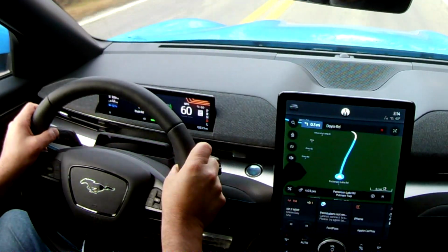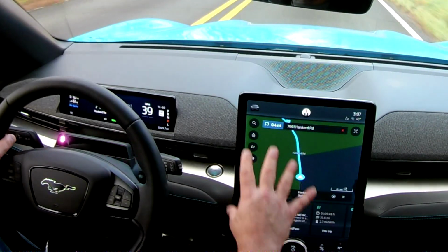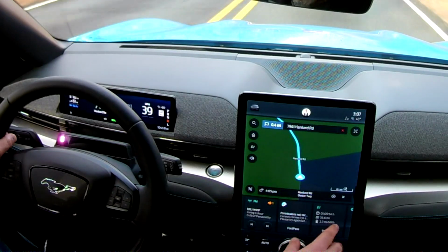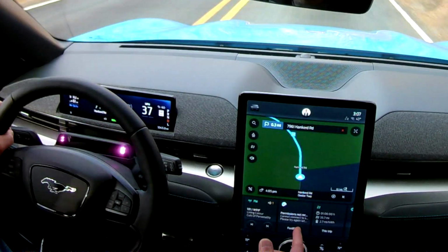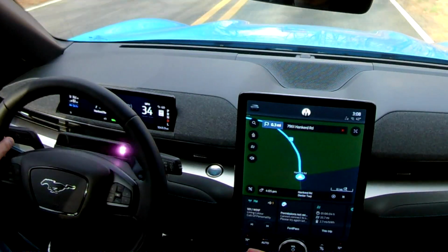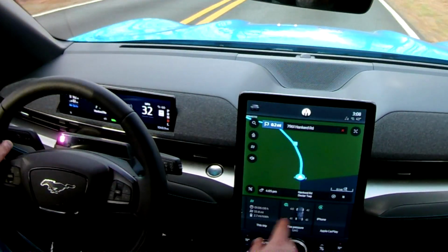Your range information, all of that is right in front of you. The user interface here is designed to be basically three zones. You have the main zone up top, which is whatever the current application is that you're using. Right now it's navigation for my drive route. But you've also got these cards down here in this middle section, which represent the other applications that you've